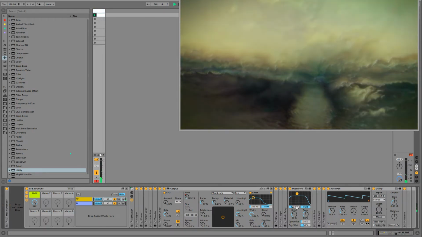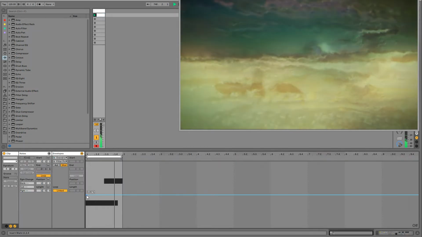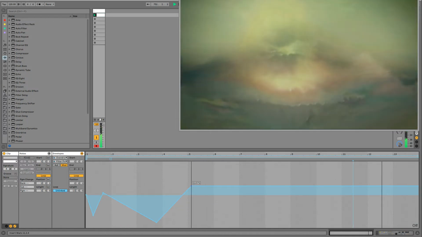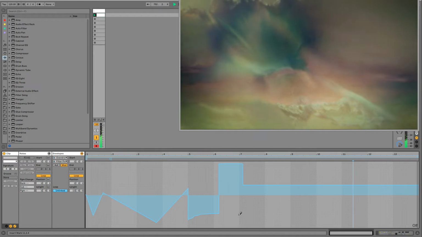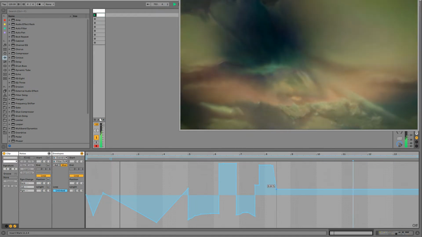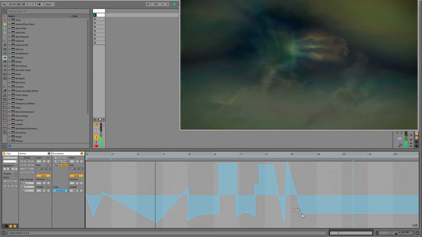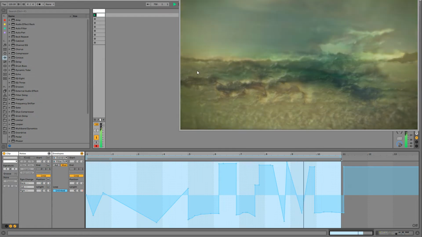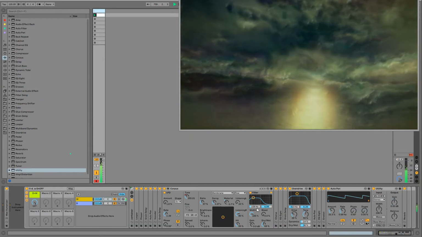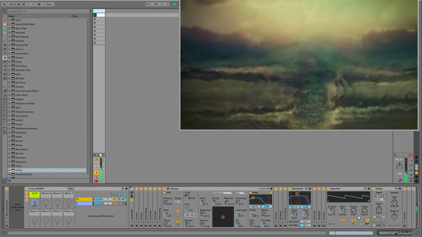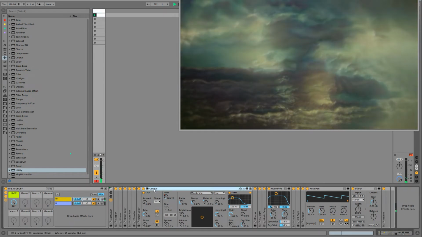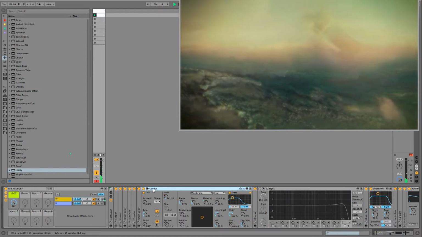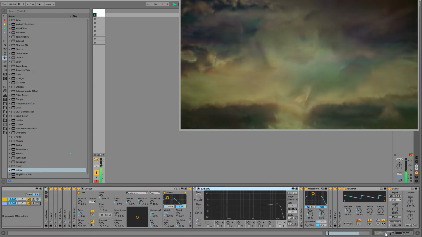Obviously, I feel like there's so much more that can be done modulation and automation wise to make this more interesting. There's no end to the amount of automation and modulation you can do, and honestly, I've found the more that I do, the more interesting stuff sounds. Obviously, you have to be judicious and cautious, because it can be hard to hunt down where a crazy sound is coming from if you're getting some crazy feedback going on. You're going to have to go through and turn effects on and off to find out where the source of your problem is.